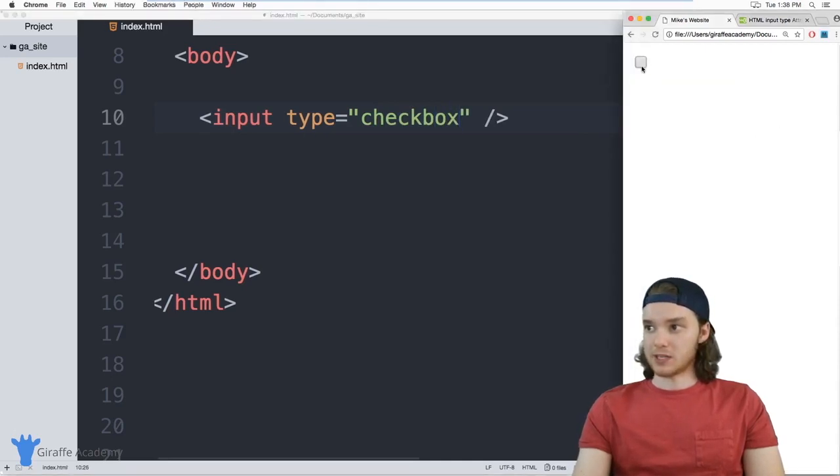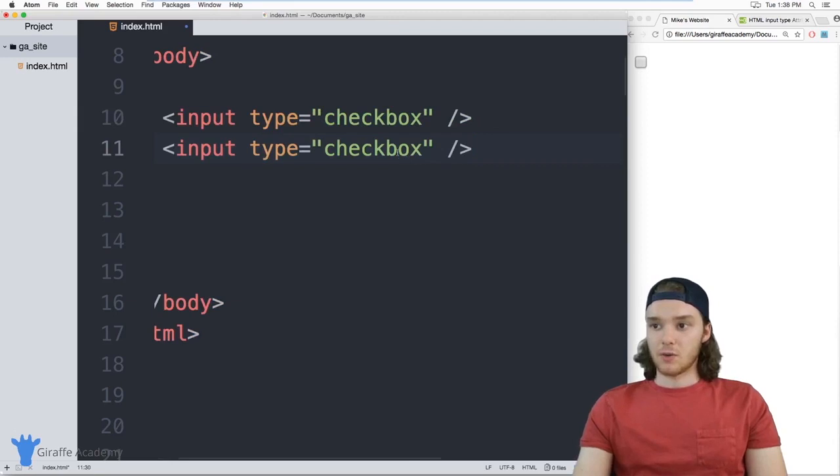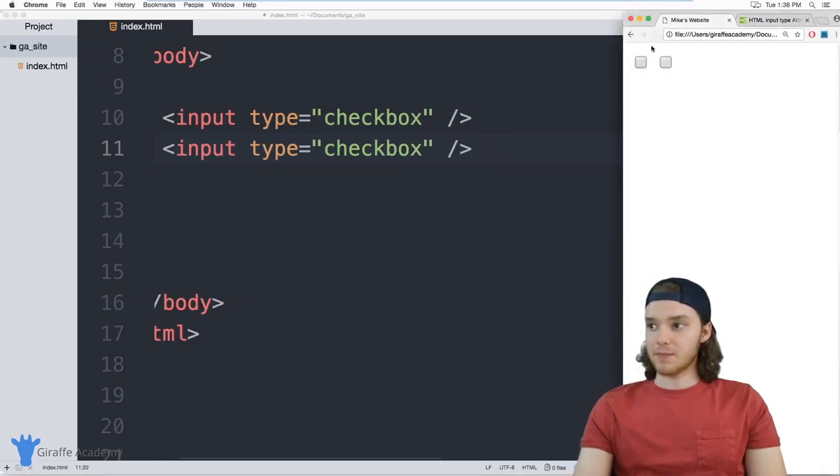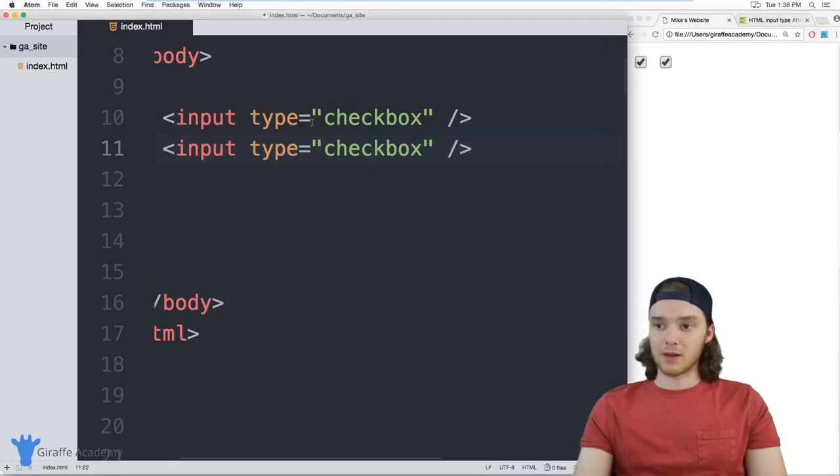checkbox, and here we just have a little box that we could check. You could also define a radio button. Actually, I want to show you guys the difference between checkboxes and radio buttons. So if I have two checkboxes, I can check both of them at the same time. Okay, just like that. If I have two radio buttons though,